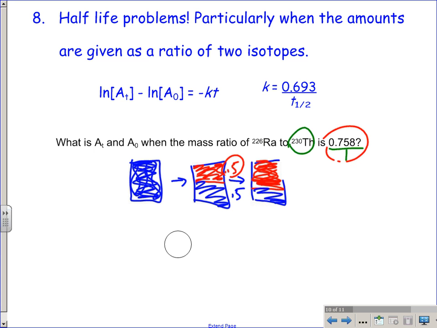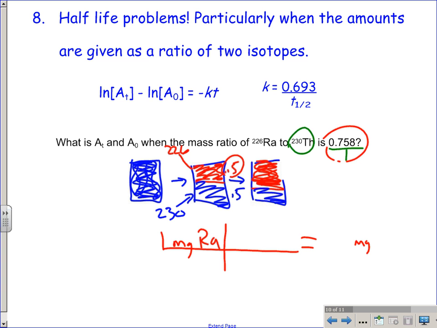Now realize that these two things don't weigh the same. This weighed 230, and this weighed 226. So if we know that we have a 1 to 1 ratio, let's say it was 1 to 1 milligram ratio, we had 1 milligram of the radium, and what we really need to know is how much thorium was that. So how many milligrams of thorium